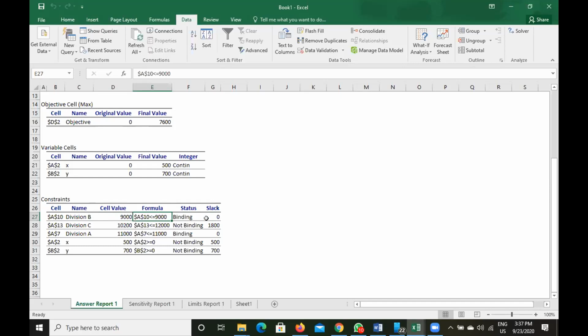That means no extra hour. Slack means extra hour. No extra hour will be available. So that's why this is critical. If for some reason any worker falls sick on a particular day, you will not get the full 9,000 hours during that week or during that day.